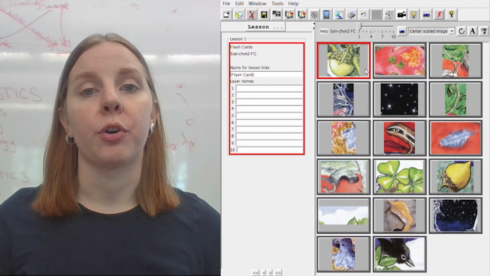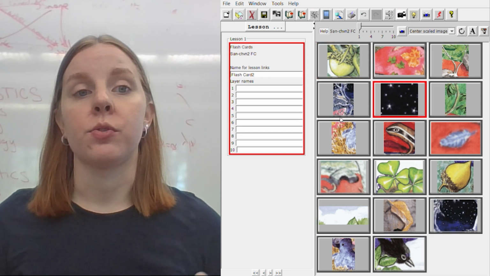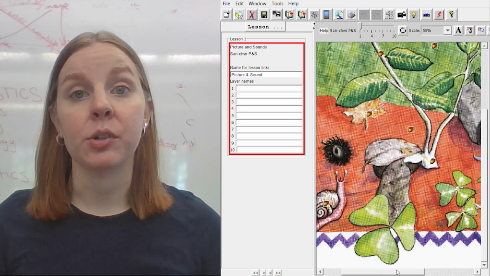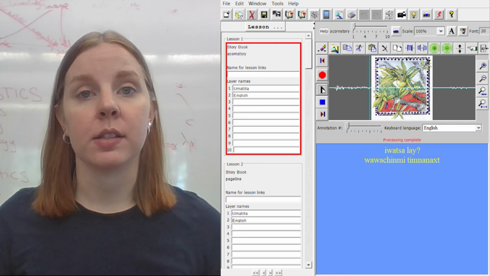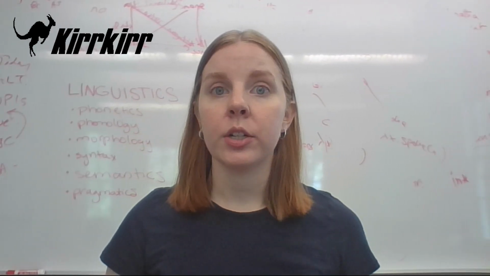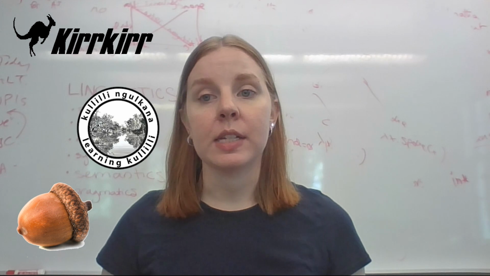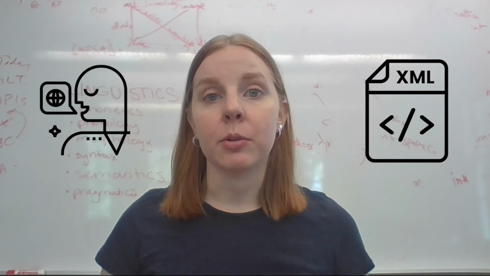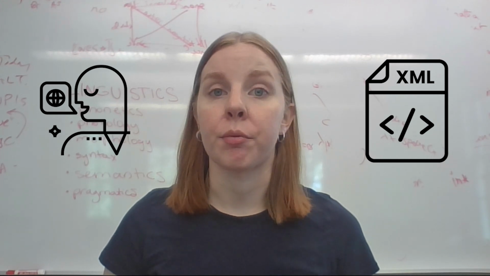Acorns is another set of programs to make language reclamation apps. It currently allows users to create up to 10 types of language learning lessons, ranging from flashcards to games to stories. For Kirkir, the SIL dictionary app, and Acorns, you need to have the data files in XML format. Many linguists would be able to help create these XML files by using dictionary programs they're already familiar with.